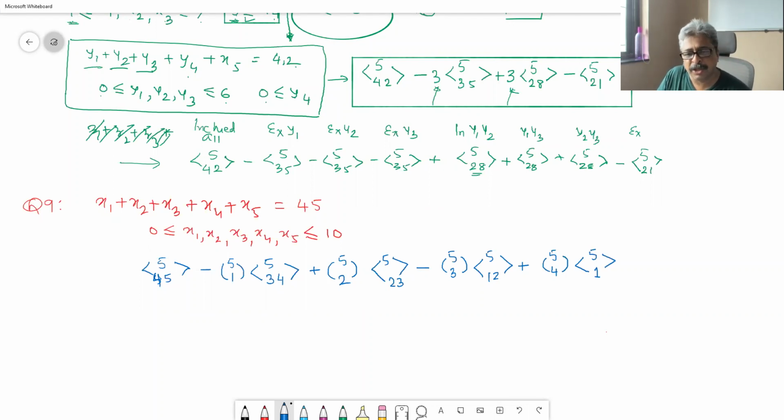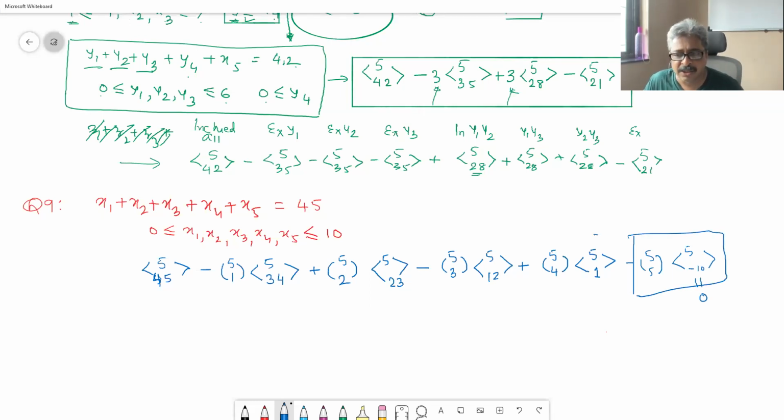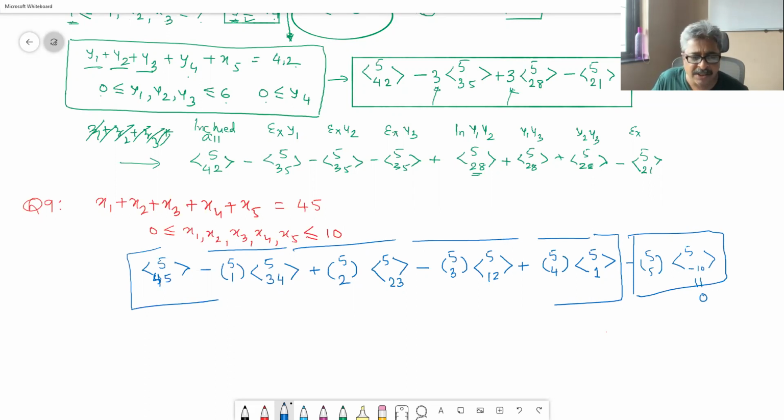Beyond that, actually you should have written minus 5 choose 5. If those numbers were relatively big, then the last term also would come, 5 elbow 1 minus 11, that is minus 10, but that does not make any sense. It is 0. So this term does not make any sense. Your answer should be up to this. And now if you use a calculator, find out this answer. Is this a very big answer or is it a doable answer?